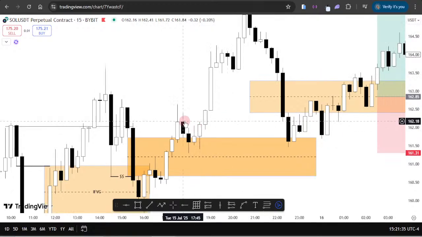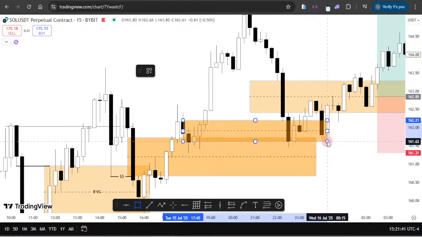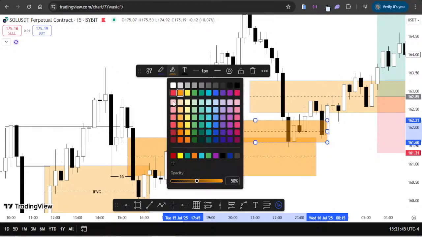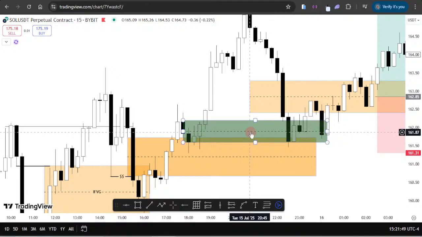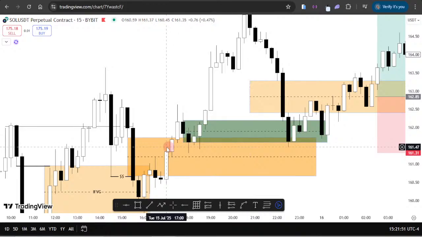Somebody that trades order block might have gotten to take this position right here. But if you have trained your eyes to see